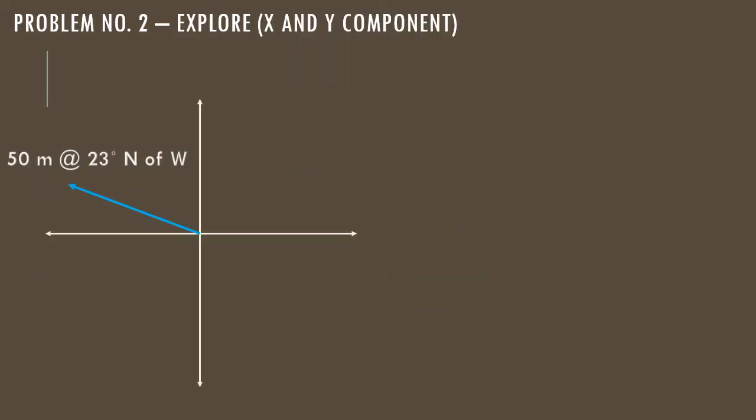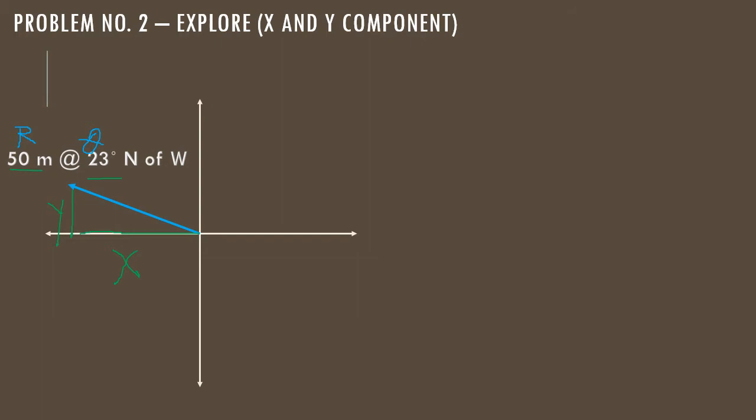So next, we are going to get the x and y component. Since given na yung resultant natin 50, then may angle tayong 23 degrees. So, yung kukunin natin ay yung y component, which is the vertical component, then the x component, or the horizontal component. Since meron na tayong r at meron na tayong angle, at yung kukunin natin ay yung x and y,